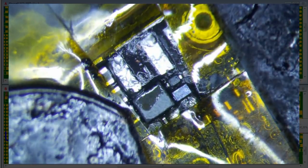So let's get the other little diode on, and then we'll get the coil on. So this is directional. The line at the top of the diode should go towards the bottom. And if you look at the ZXW tools, you'll see it by the anode. It'll say anode on the pin. Okay, let's get a little more flux here. Probably can't use enough flux there. So this one I'm just going to use my tweezers, I think, and hopefully I can get a nice solid joint with it. If not, then I'll just...